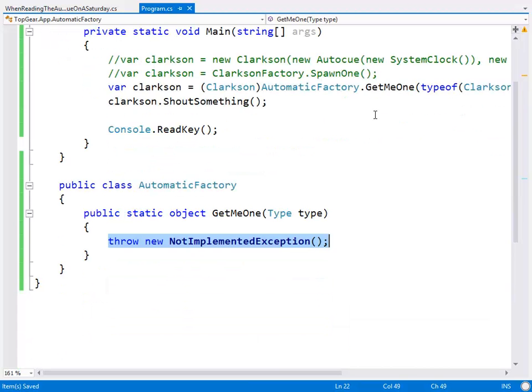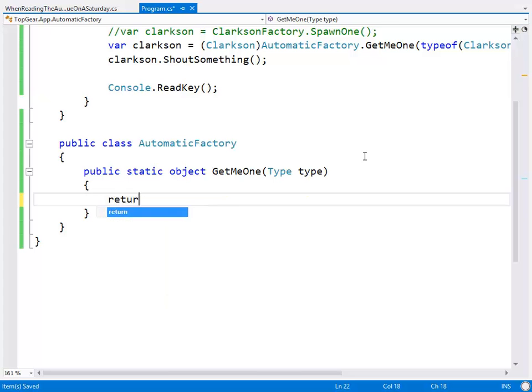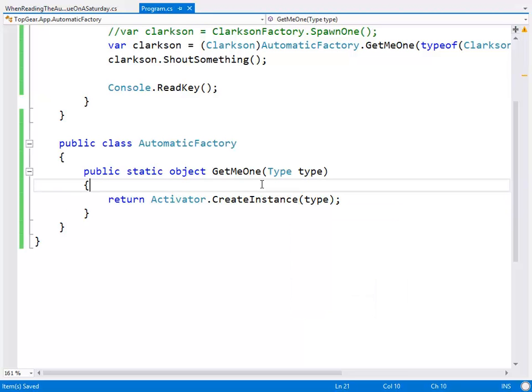All right, now, who's heard of the activator class? Some, I know you have. This is actually really awkward, writing IOC from first principles with the author of one of the world's most premier containers sitting in the back row glaring at me. And I'm going to commit a very bad sin shortly, so forgive me in advance. What we're going to do is return activator.createInstance of type. I'm going to stick a breakpoint there.